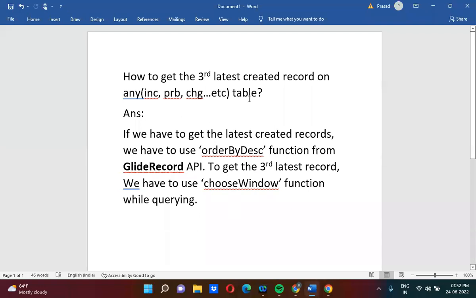Today we will understand how to get the third latest created record on any table. For this example, I'm taking the problem table. The answer for this question is, if we have to get the latest created records, we have